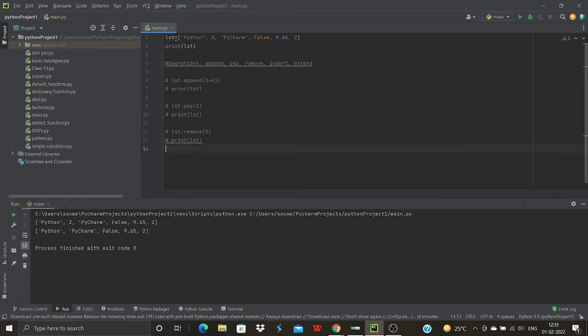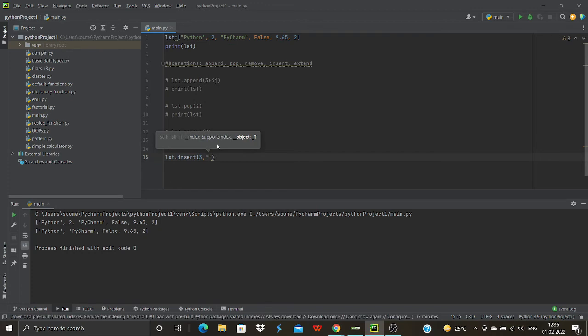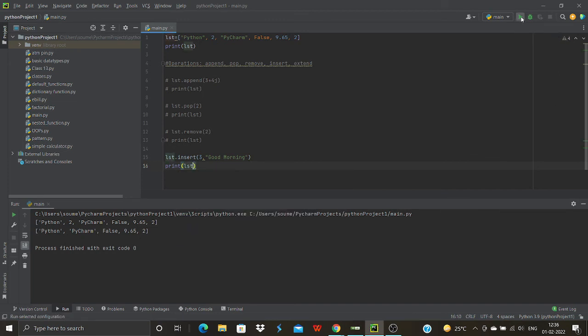Now we come to insert. Let's say we want to insert something into the list. lst dot insert. So the syntax for this is you first have to write the position at which you are inserting. So let's say I want to insert at position 3 and I want to insert the data good morning. Now I print lst. Now if I run this code, you'll see